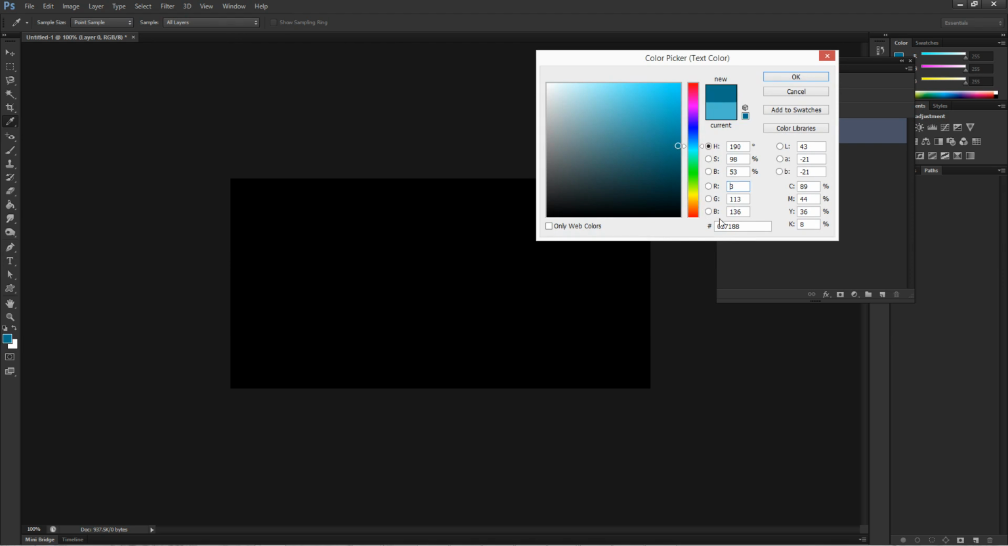The color, click on the box here so we can choose the color, and I'm going to keep the color on the blue stage. So these are the values of our blue color for the word. It doesn't matter the color because we will change this using the FX, but I'm going to keep it blue. So it's R3, G113 and B136. Click OK